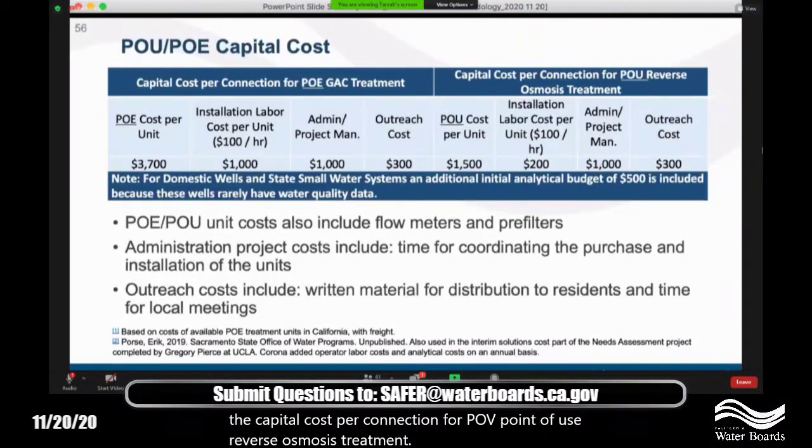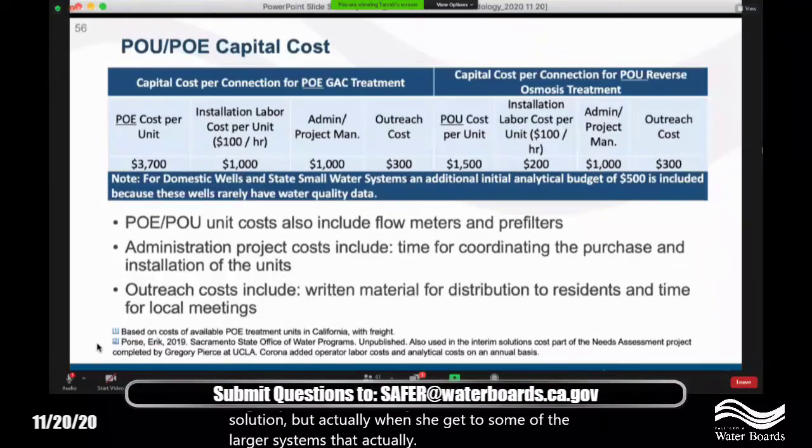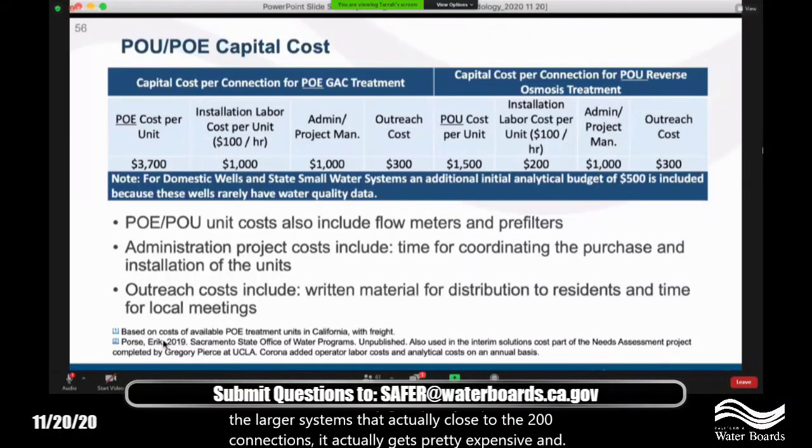And so you can see it actually adds up. So in many cases, the smaller systems, this may be a cost-effective solution, but once you get to some of the larger systems, closer to the 200 connections, it actually gets pretty expensive, and centralized treatment, or local at the wellhead treatment, starts to make a lot more sense. So we'll get into that more in future presentations when we go over results, but it is an interesting part